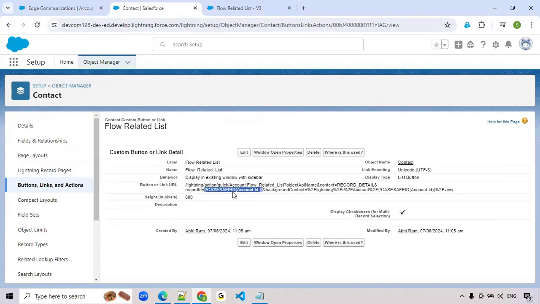So this must be the 18-character record ID, which is mandatory. That's why we have to take it with this syntax: case a field, which is written as the 18 characters. Then after creating the list button,